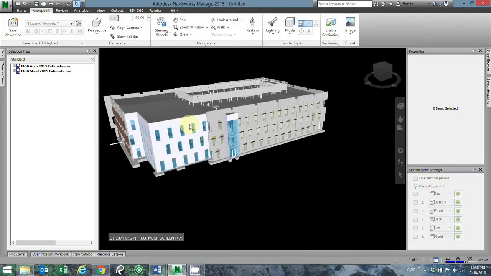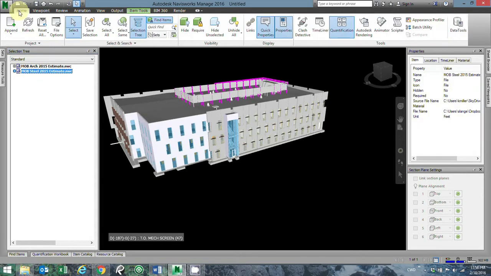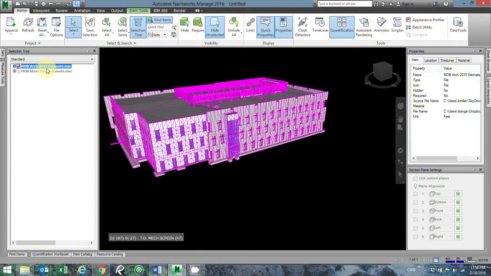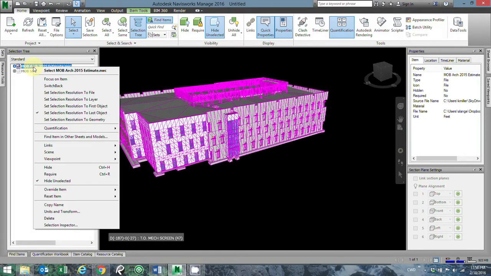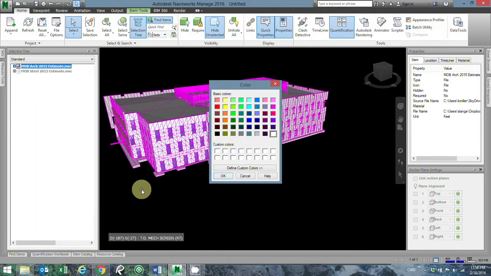And so I've found that it's very helpful to change some display settings so that you know what you're taking off as you do it. So I'm going to just focus on the architectural model. So I'm going to hide the steel model, and I select all of the architectural model and right click, and to override item, I'm going to override the color to be white,